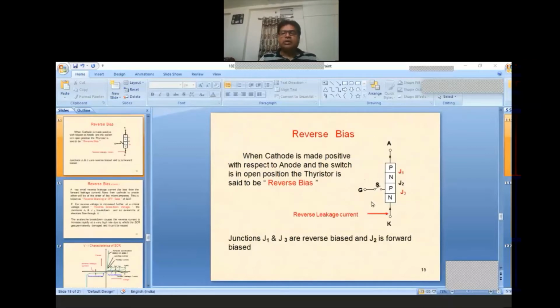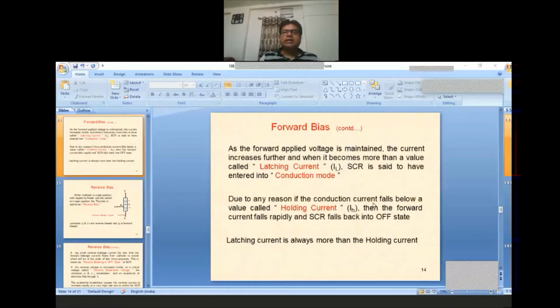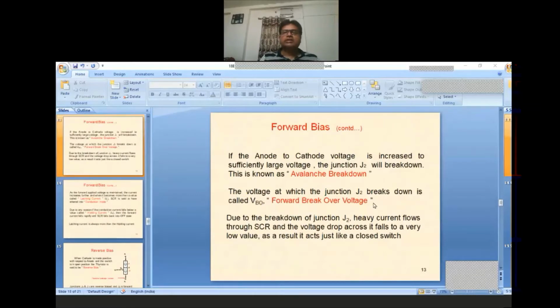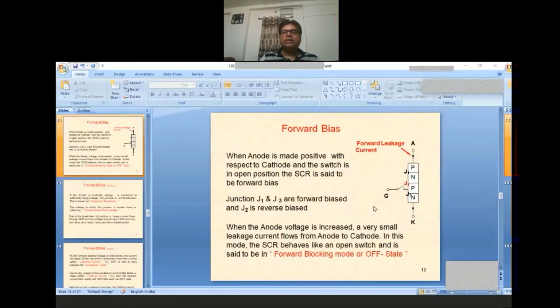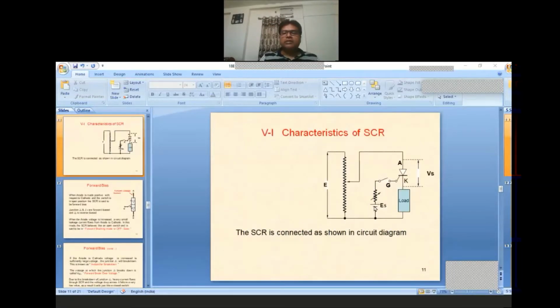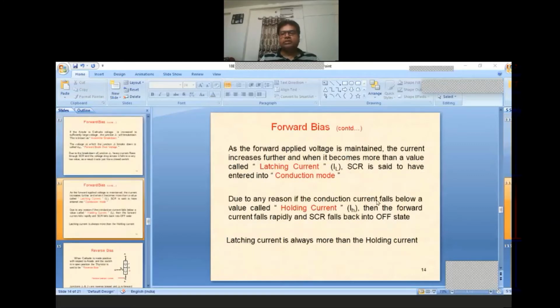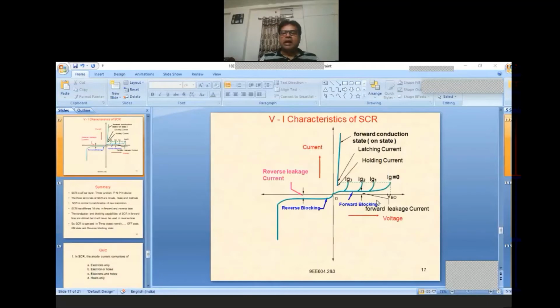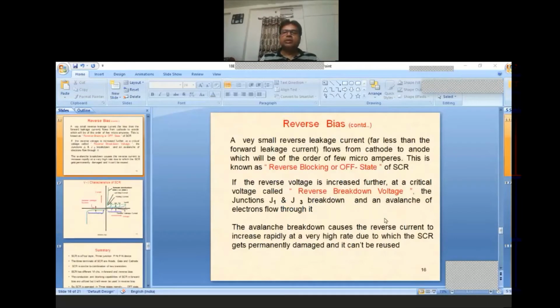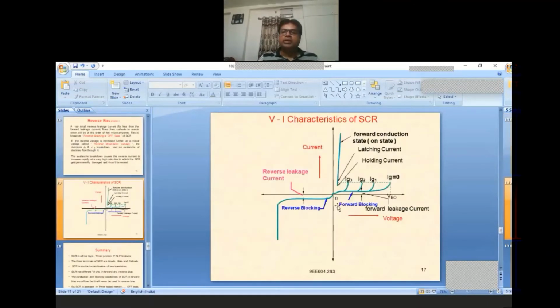And when you are asked to explain the forward and reverse biased conditions or working of SCR in forward and reverse conditions, this is the explanation which is required to be given. And the same things now we will discuss more elaborately from the aspects of the VA characteristics, which I have discussed in the previous session also regarding some currents and voltages. That we will discuss again.